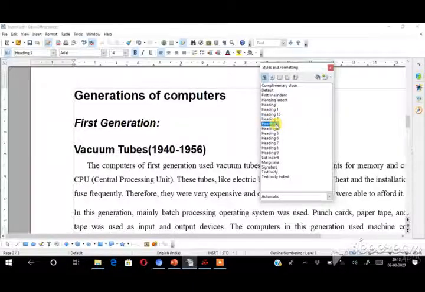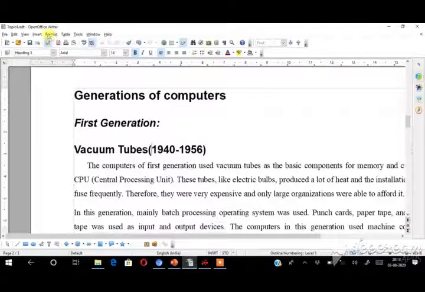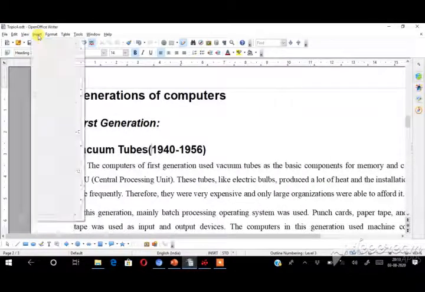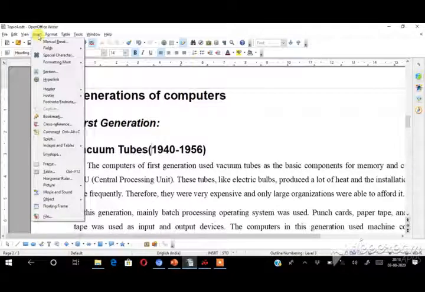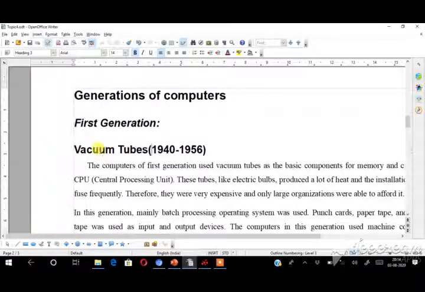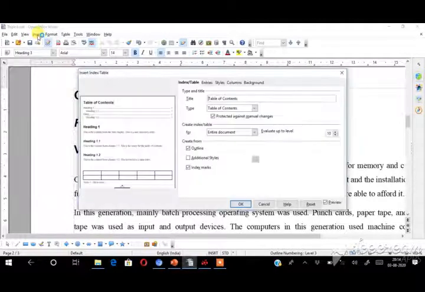Let us see how to prepare the index for this. First, you click the index tab and then choose the option Indexes and Tables, and then further choose the Index and Table option. See here, this is the Insert Index/Table dialog box.